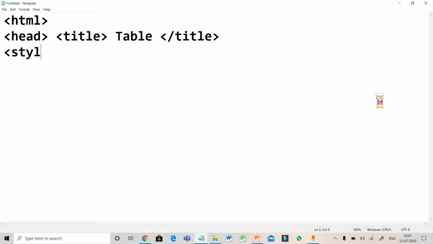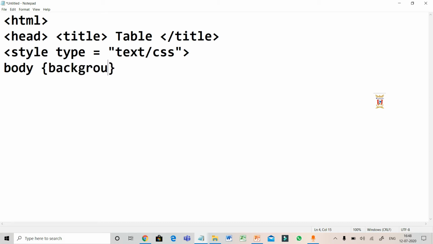Style is my tag. Type is my attribute, and you know what to fill in the type attribute: text/css. Next I will be giving the body color, background.